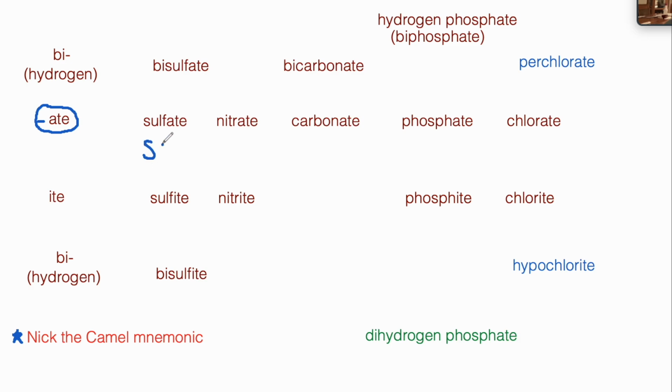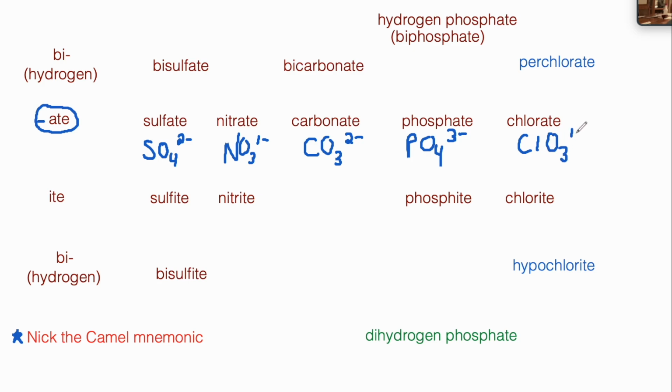So sulfate is SO4 with a -2. Nitrate is NO3 with a -1. Carbonate is CO3 with a -2. Phosphate is PO4 with a -3. And chlorate is ClO3 with a -1. So again,